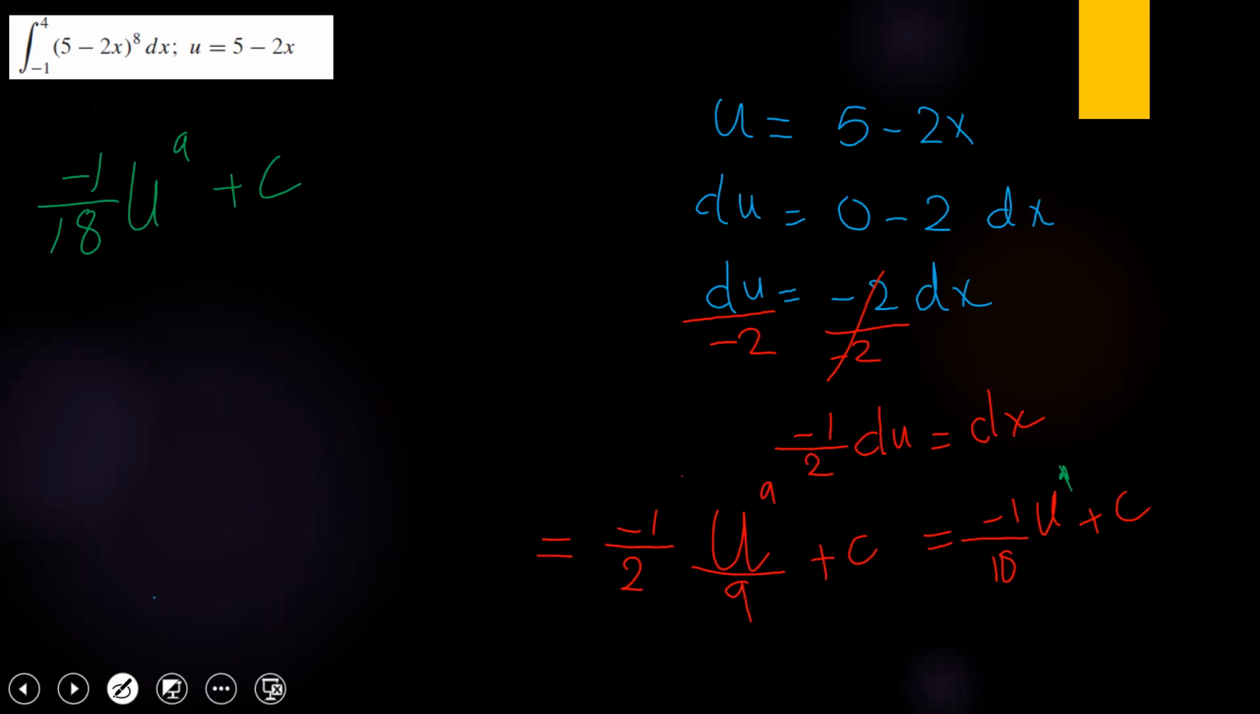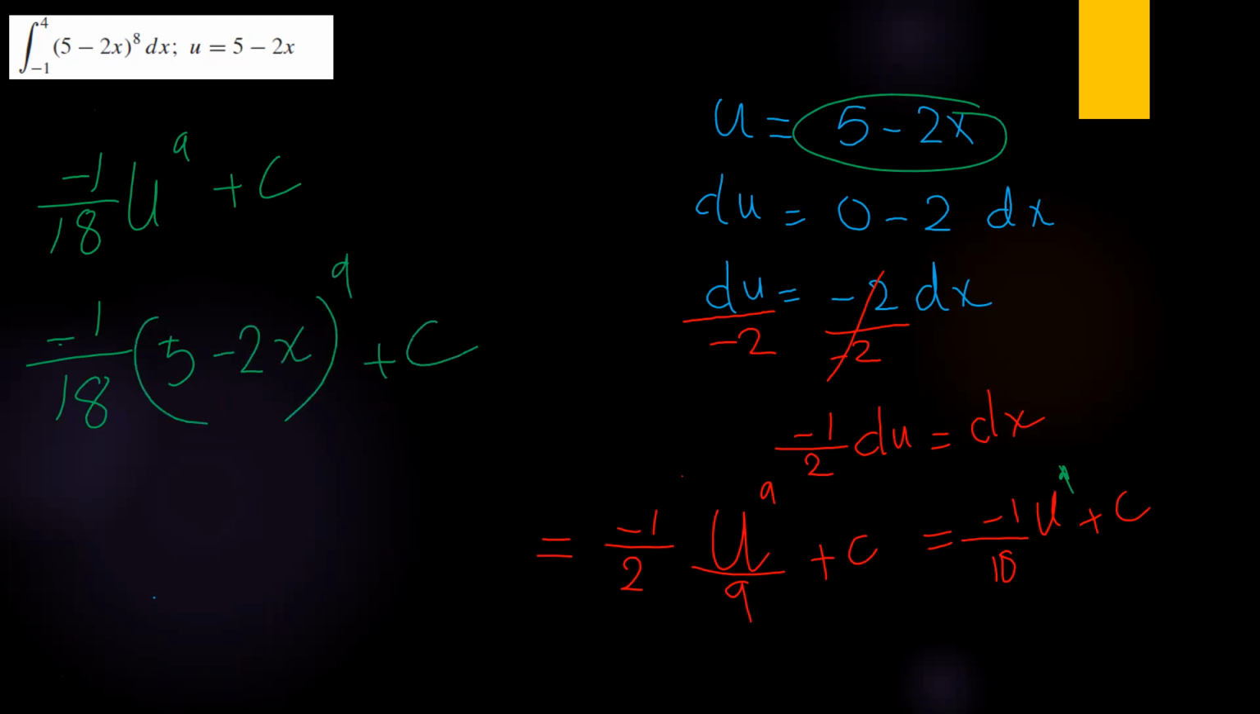But I don't want it as u, I want to write it now as x. So I will say it's negative 1 over 18, (5 minus 2x) to the power 9 plus c. This is now the integration of (5 minus 2x) to the power 8 using the integration by substitution. Why do we call it substitution? Because I will use the u substitute. Then after that,